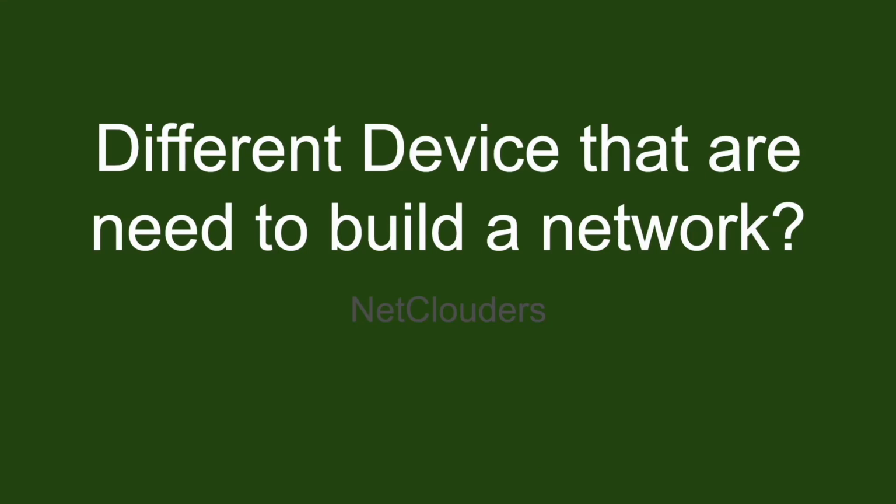So this entire network, which we represent just as a globe or something, is actually built by different types of devices. In this video, what we're going to understand and identify is what all are the different types of devices that are needed for building a network. And it really depends. It depends on the need of the network. It depends on the need of the user. It depends on various factors that we employ different types of devices here, and there is a variety of devices